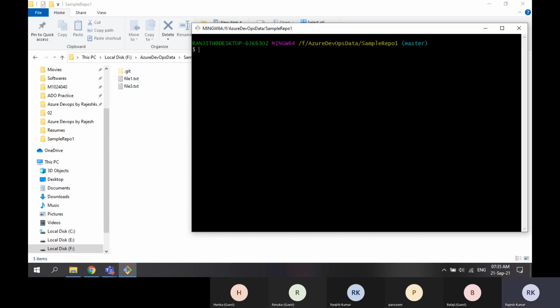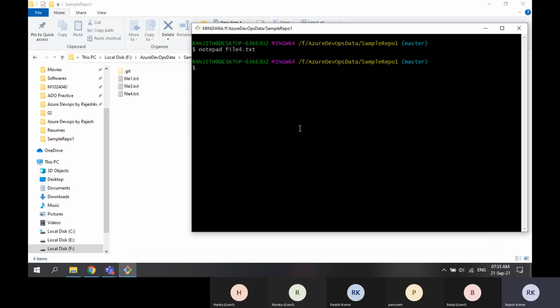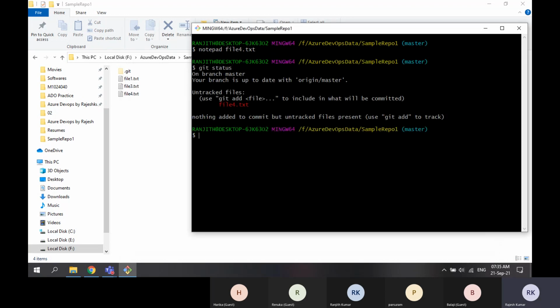I will create an extra file here, let's say file 4.txt. This was created after the tag. Save, close. Git status, obviously.